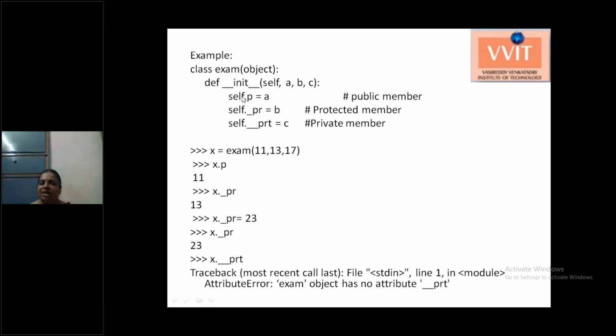Now we'll try to access these variables from outside the class and check what errors we get.